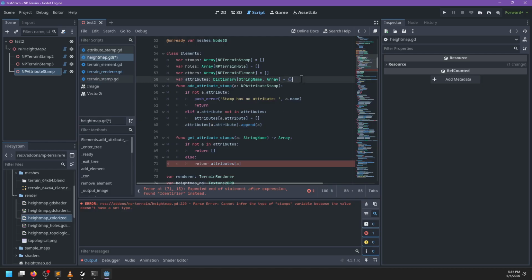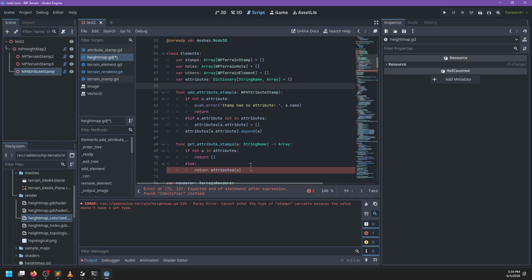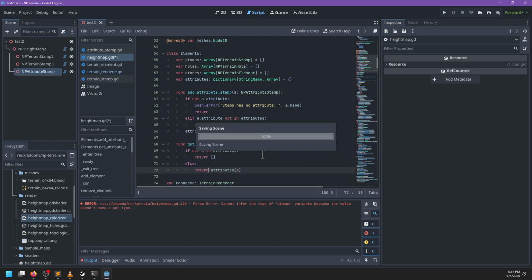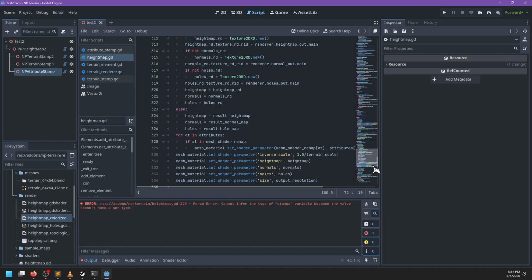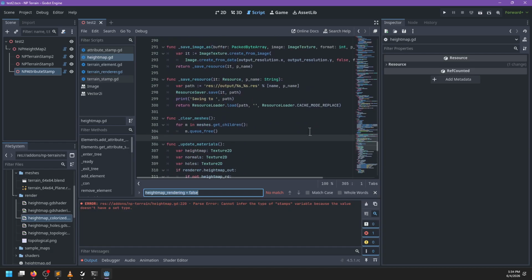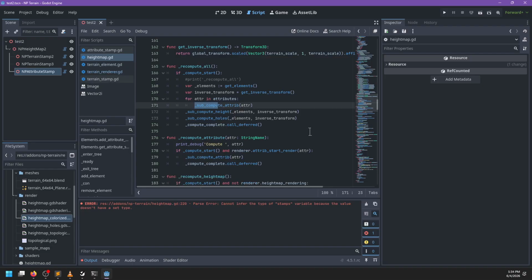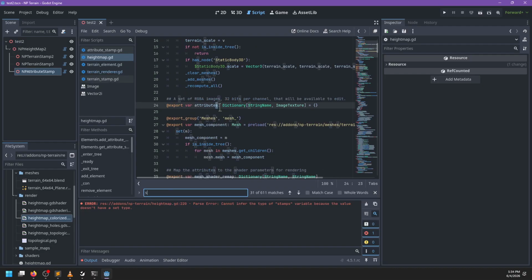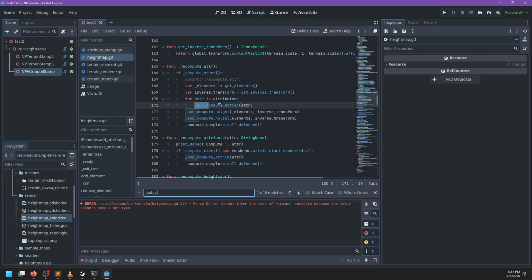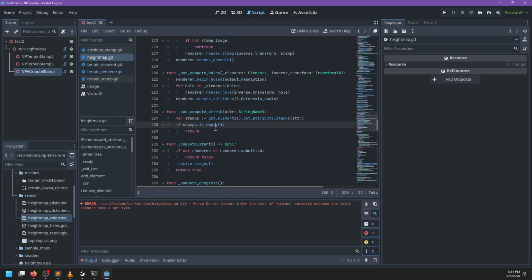There we are. So now we have this thing here. Okay, so sub compute attribute. Thank you, my brain. So if we have that, and then for a np attribute stamp in stamps,